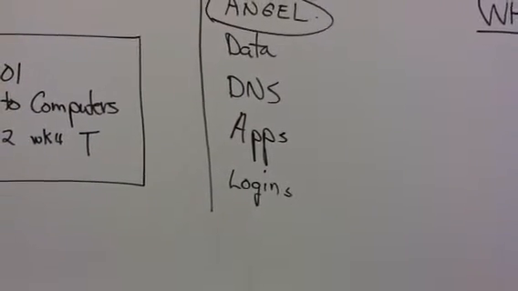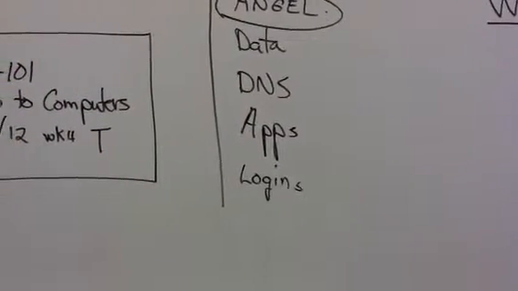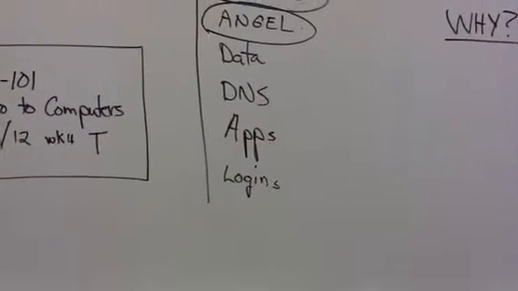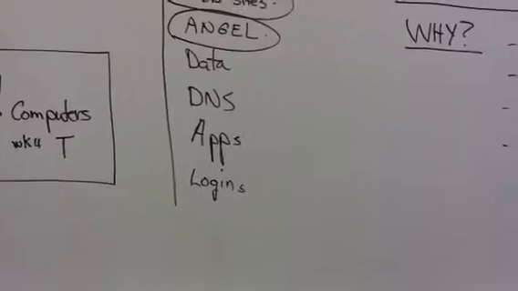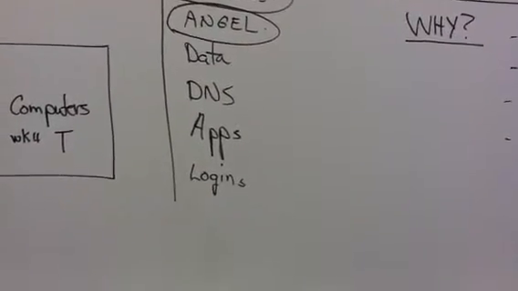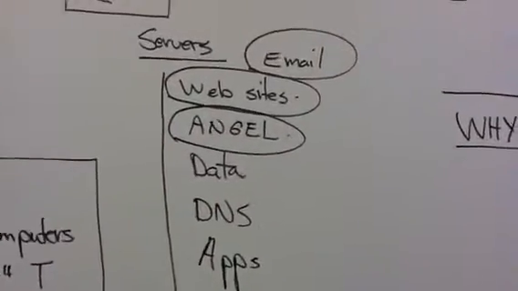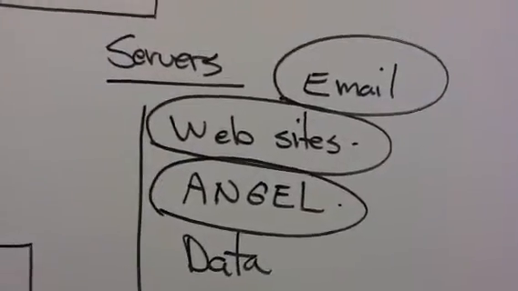We have data servers like your H drive where you store data. We have DNS, domain name services. We have different applications that run off servers. You have that ability to log in, server. And then we have different websites. We have email, and you can